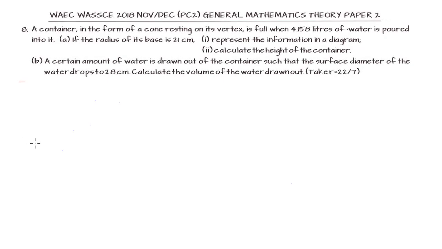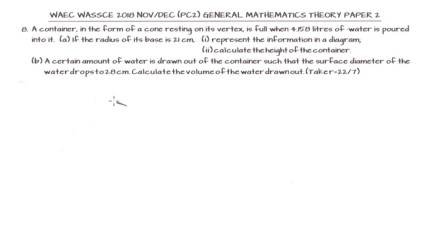In this question, we're told that a container in the form of a cone is resting on its vertex. We need to know this, and we're talking about a conical container resting on its vertex. It is full when 4.158 liters of water is poured in it. Then if the radius is 21 centimeters, we are to represent the information in a diagram and calculate the height